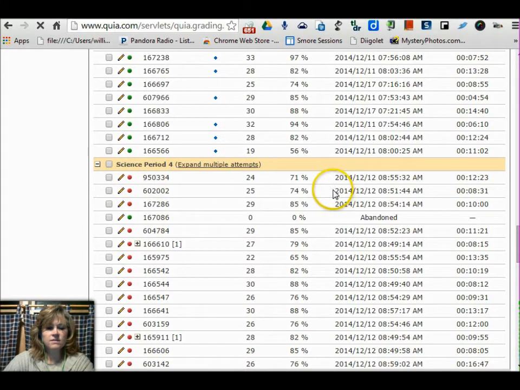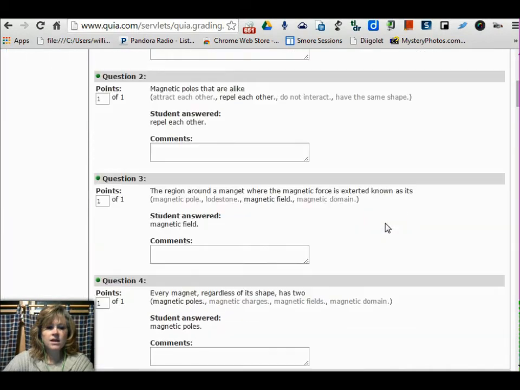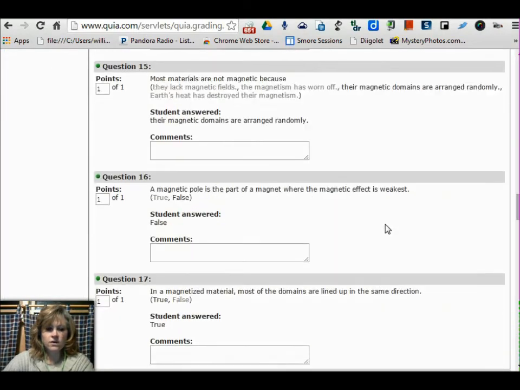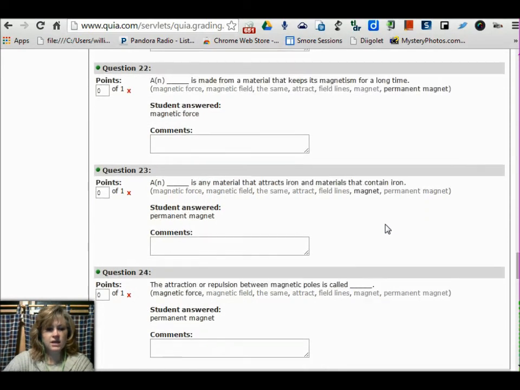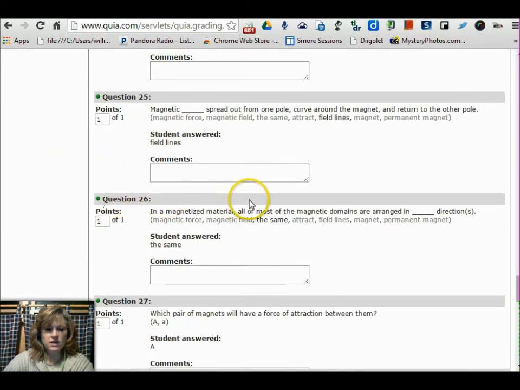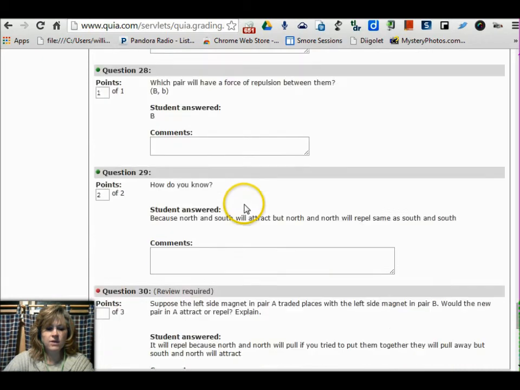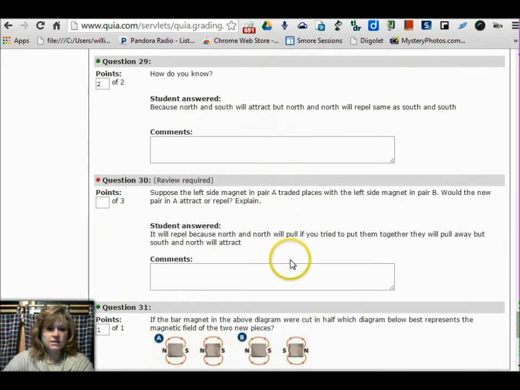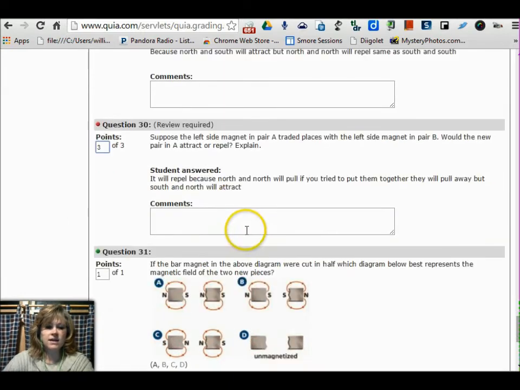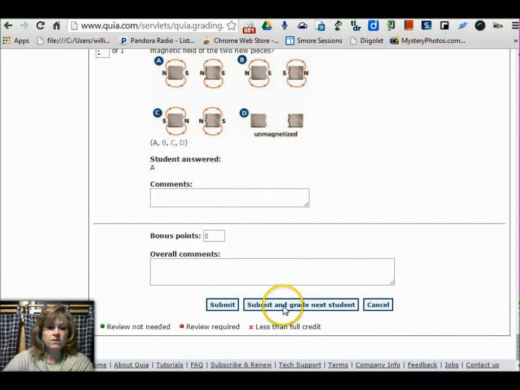That looks like this. So I click on it, and then I have to scroll all the way down through all of the questions, and there happen to be 30 in this one, and they were the last 2 questions. Again, you can see the little green dots, meaning they're okay, or the red dots. There was an image attached to this one, and when the poles of the magnets were switched, they should repel, because north and north will push apart if you tried to put them together, and north and south will attract. That student got that exactly dead on, and so then I go down and submit and grade